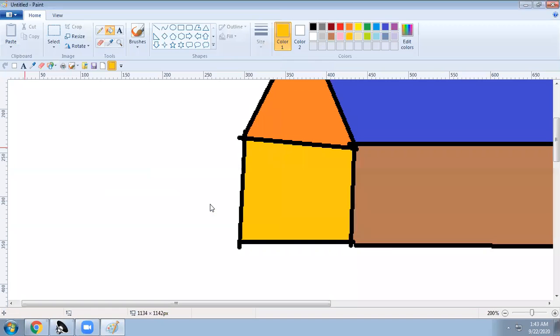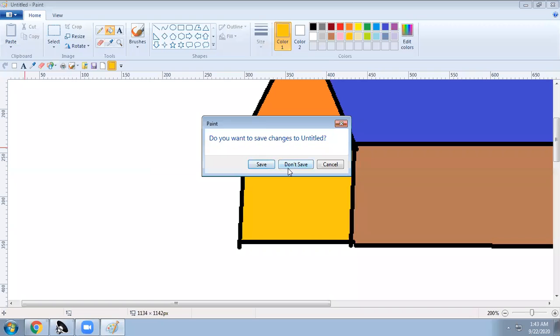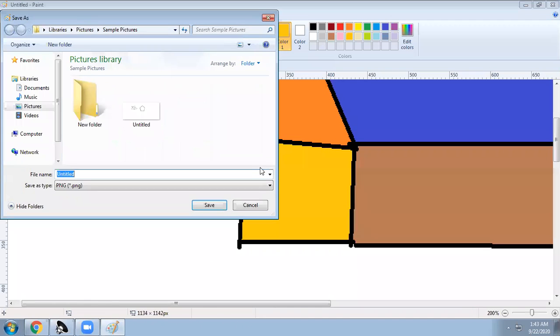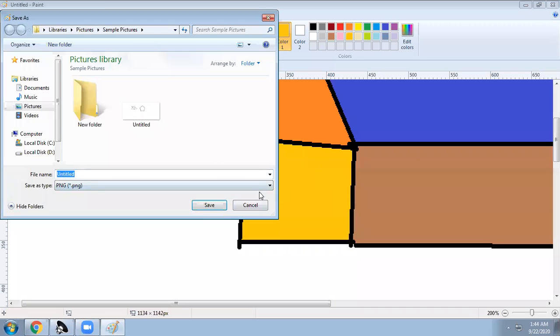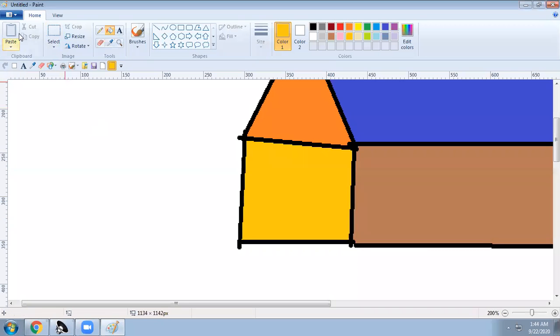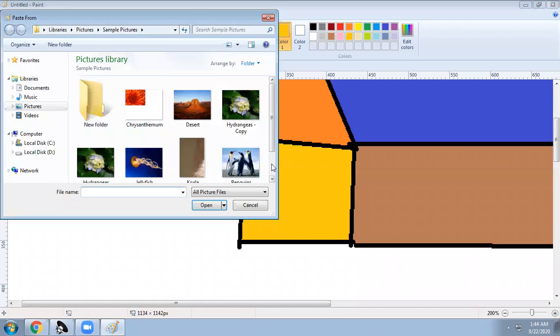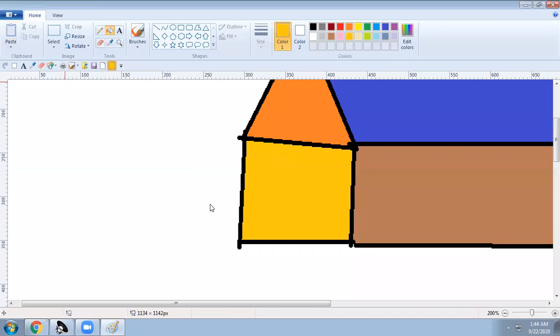For example, I will take this penguin. Do you want to save changes? Save. Wait, I will paste from here. The best option. The penguin.